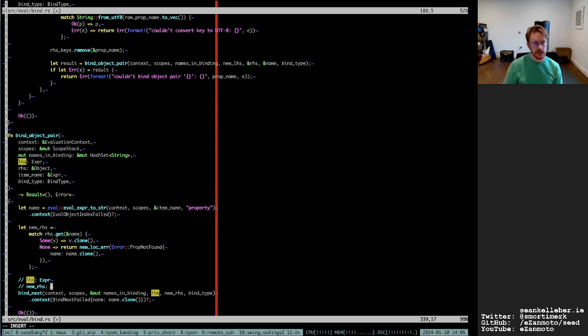New RHS is a new any kind of value that gets returned from here. Bind type, yeah, is the same as before, and that defines whether it's an assignment or a declaration.